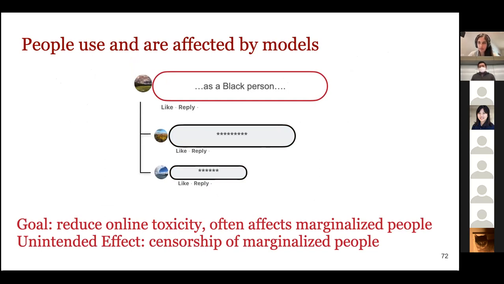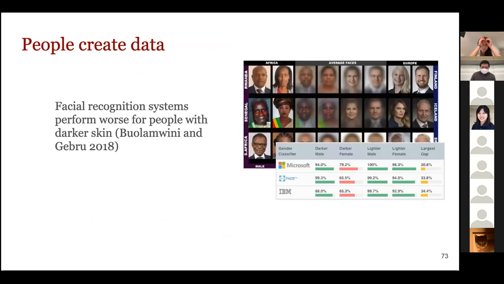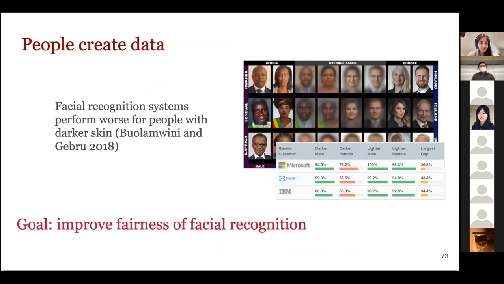I'm going to give one more very briefly, just because I think that when you're thinking about socially oriented NLP and people-centric NLP, we need to be very conscious about who is actually getting affected by these technologies that we're building. So I'll give one quick example as well. This is around research in facial recognition technology. There was a very high profile paper from a couple of years ago, if you follow anything in the ethics space, you've probably seen it, showing that commercial facial recognition systems perform worse for people with darker skin.